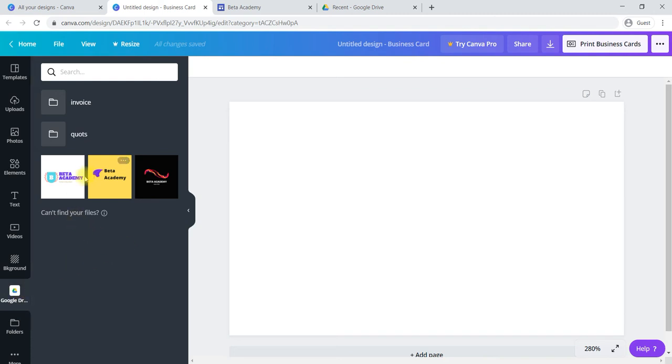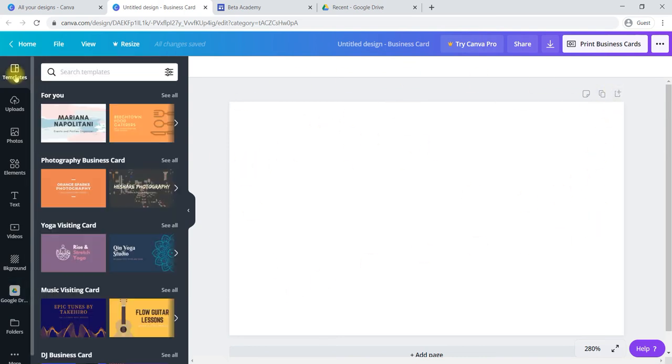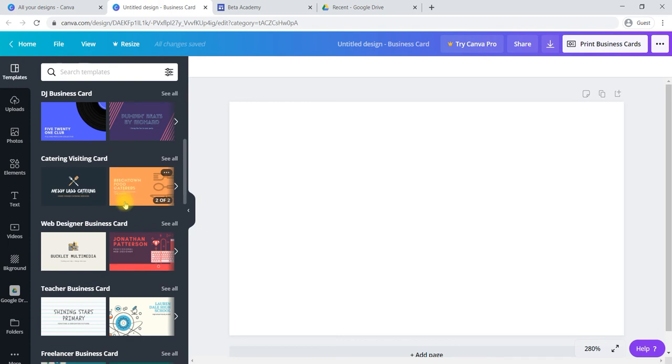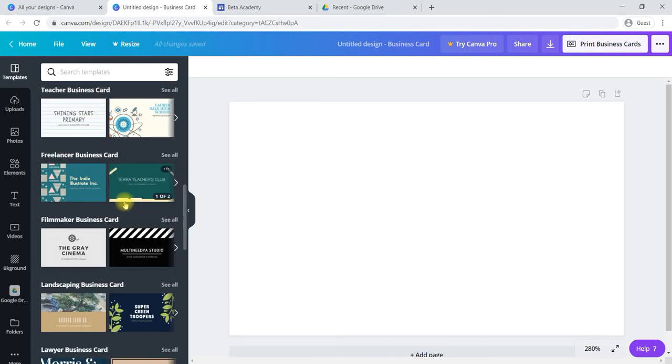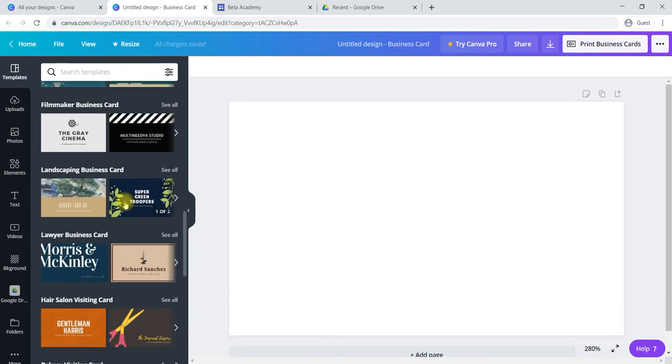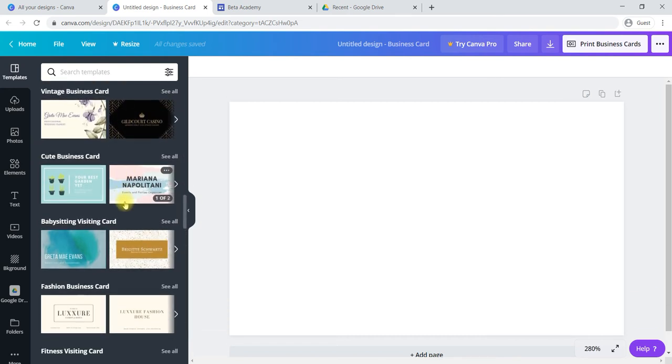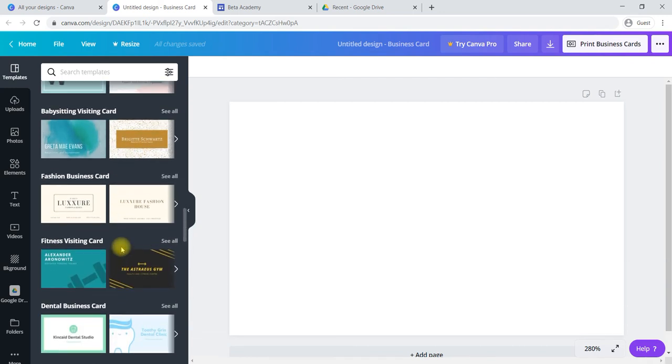So directly you can utilize these things to create a card. Here the card is already there. If you go to templates, you can see these are the different templates we have for visiting card creation. The modern templates are there. You can use any of the templates to create a visiting card, so it will look better compared to your competitors' visiting card.